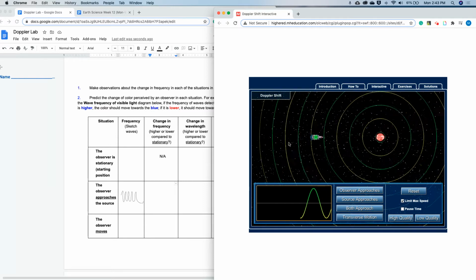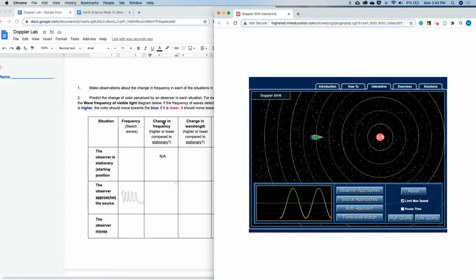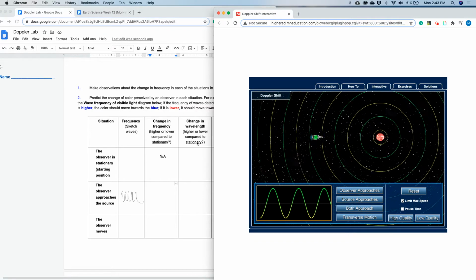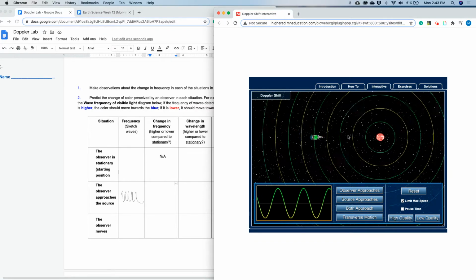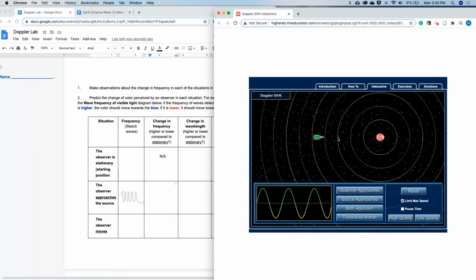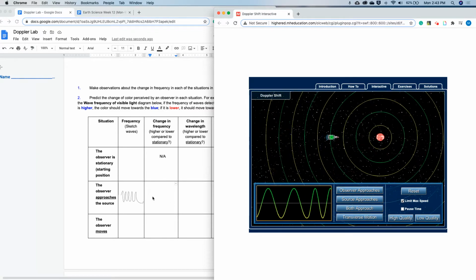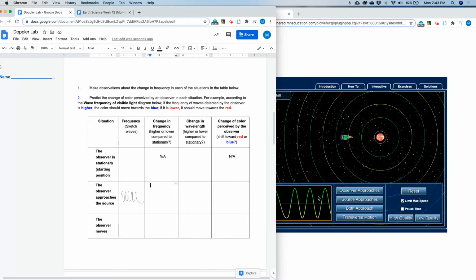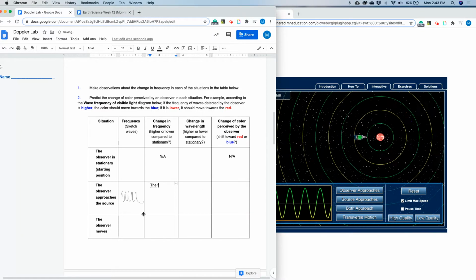So now what I'm going to do is write in what changes I notice in the frequency and the wavelength as my spacecraft approaches the source. I can either redo this again or restart the video. It's up to you. So here, if I click in here, I'll notice that